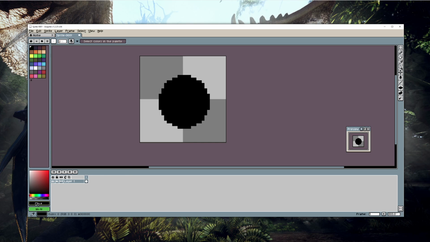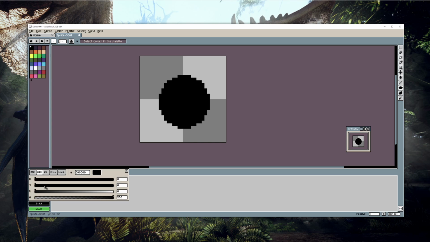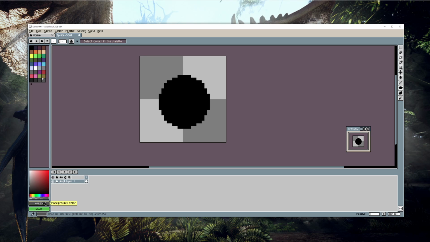So what I'm going to do is make a bunch of different gray colors and then add them to the palette here. There they all are. And then I'm going to press and hold shift and select all of these colors. And remember that I have the shading version of ink right now. And so now if I switch back over to the pencil tool,